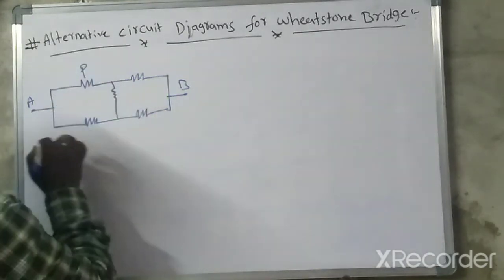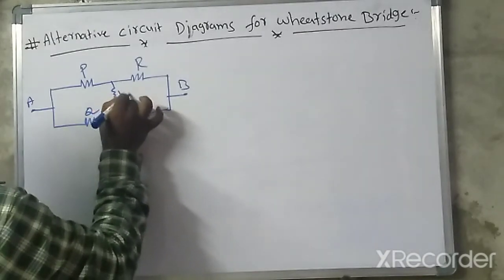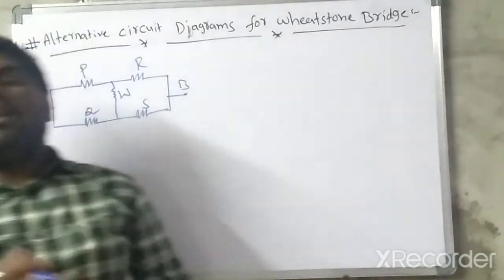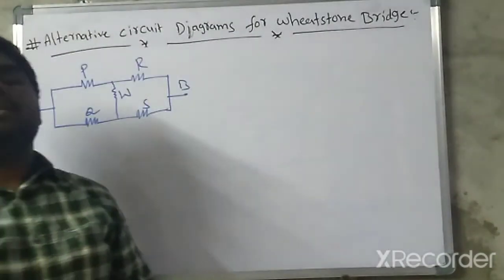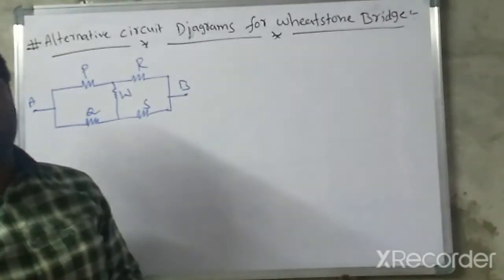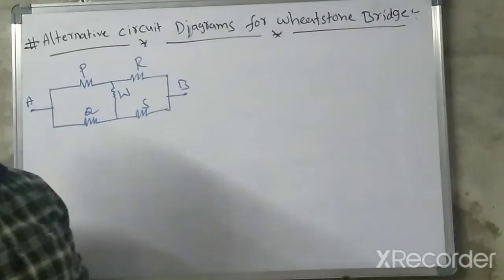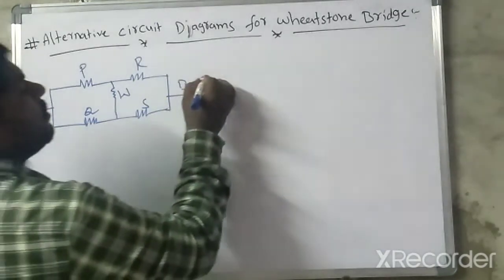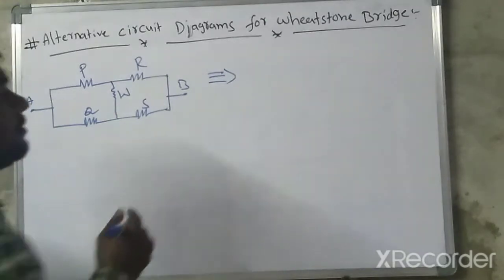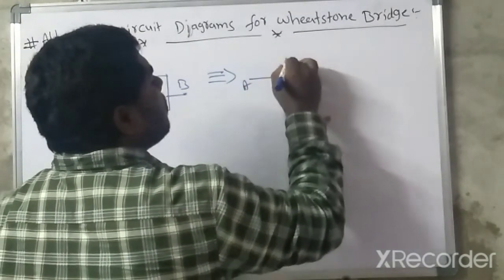This is named P, this is Q, this is R, this is S, and this is W. So this one we know. In the entrance exams, they will give different circuits, so you may have to convert them to a Wheatstone bridge like this one. This one looks like this one. I am going to redraw. So here also this point A is one junction.